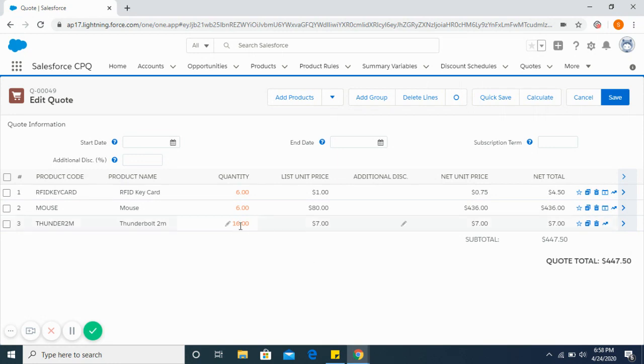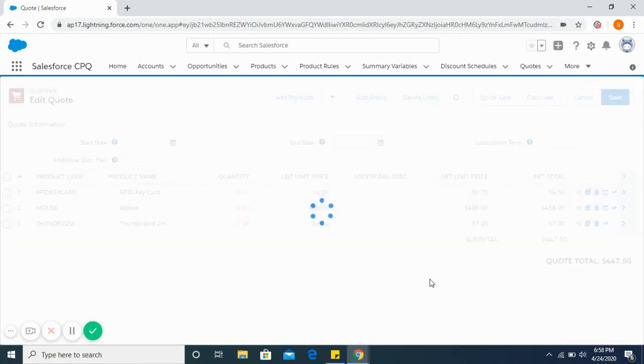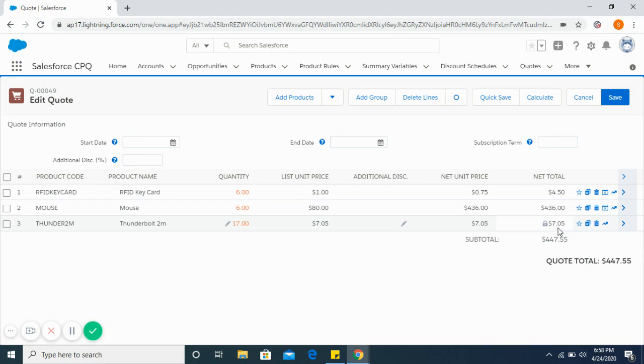But if I entered this as 17, the difference is 1 multiplied by 0.05 plus 7. So it will work out to be 7.05. You change this to 21.